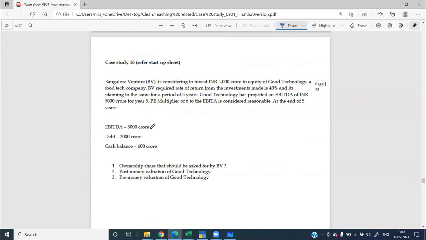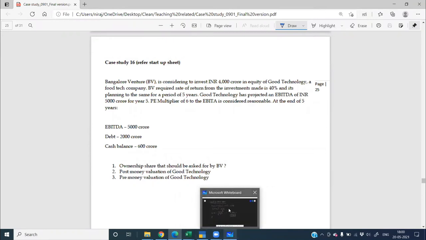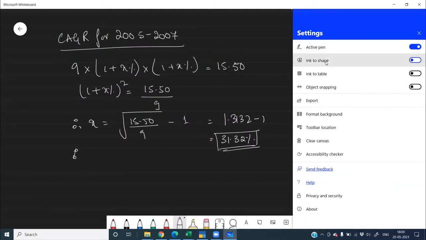Yes. Now coming to the startup question that is constantly coming in the exam. So let's first understand venture capital method. Okay, first we will go through that and then we will try to solve this question. What does this particular method talk about? How do you calculate a value of a startup via this particular method?